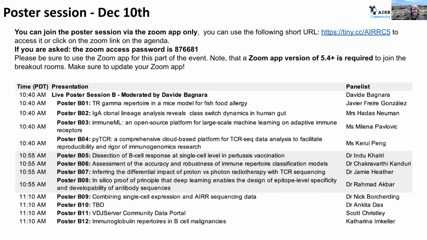So this is just a quick overview, and we'll go through this one more time at the end of the short talks this morning. But just to say, we learned a lot using Zoom yesterday, and the key thing that we learned is that people need to make sure that they have the proper Zoom app version. So that's 5.4 or higher. So you've got a couple hours to upgrade your Zoom version in order to join the poster session in a little easier way. So the posters are also, you can see them through the meeting app.